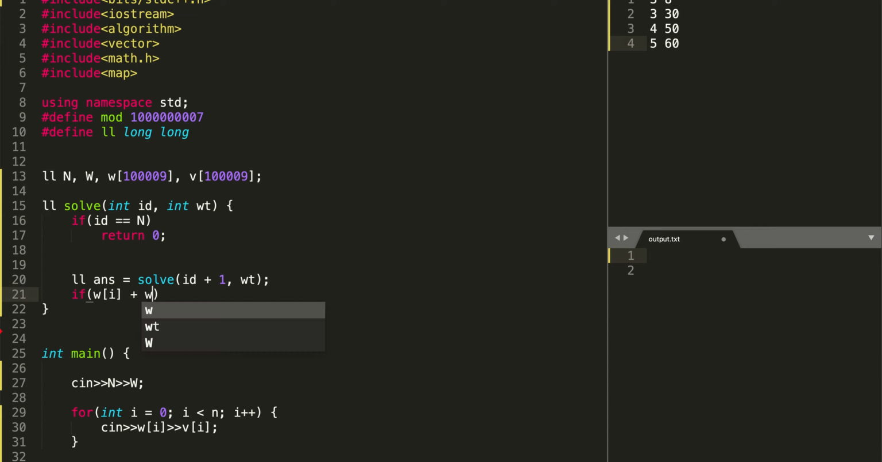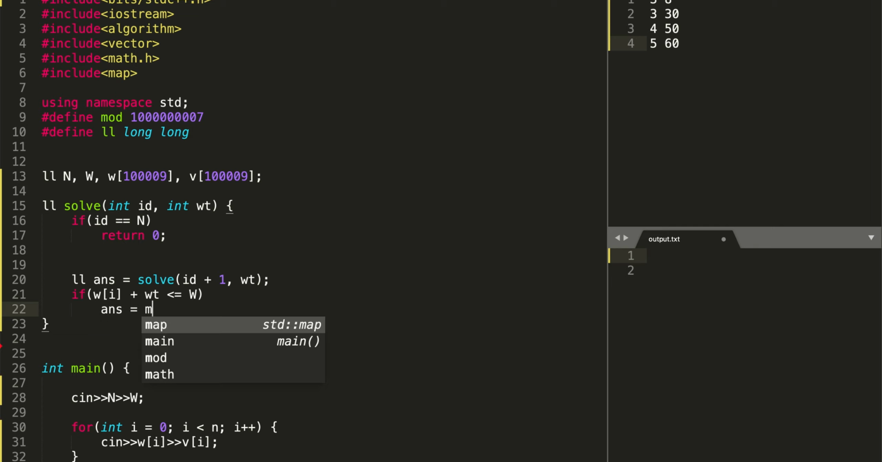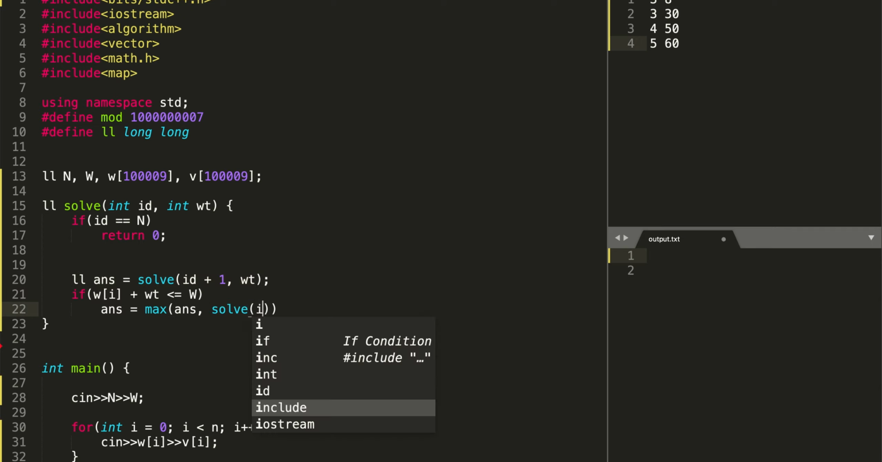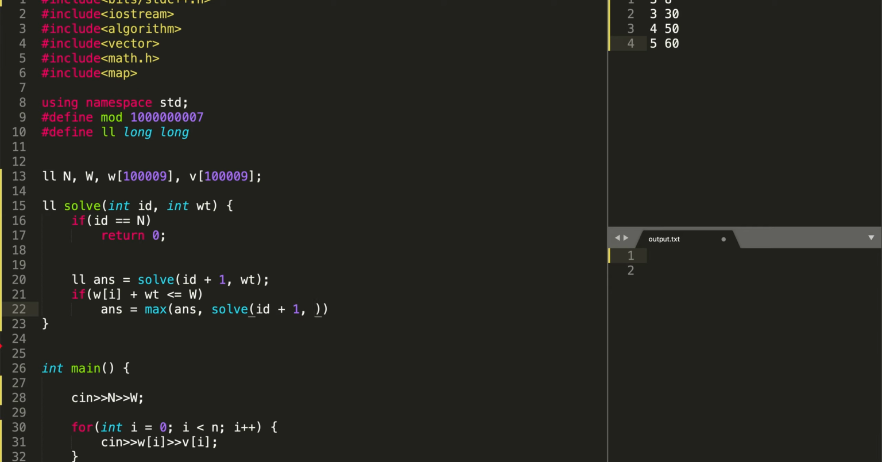So this wi plus wt is less than or equal to the overall W, the bigger capacity that we have. If this is true, then we are going to say the answer should be the maximum of the answer from here. That means the option of not choosing this. And when we choose this one,